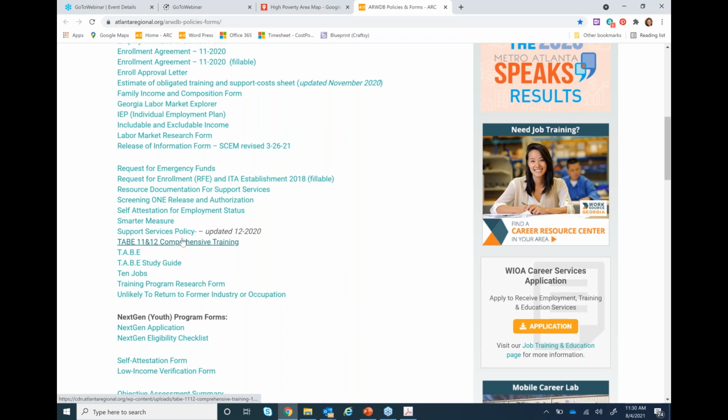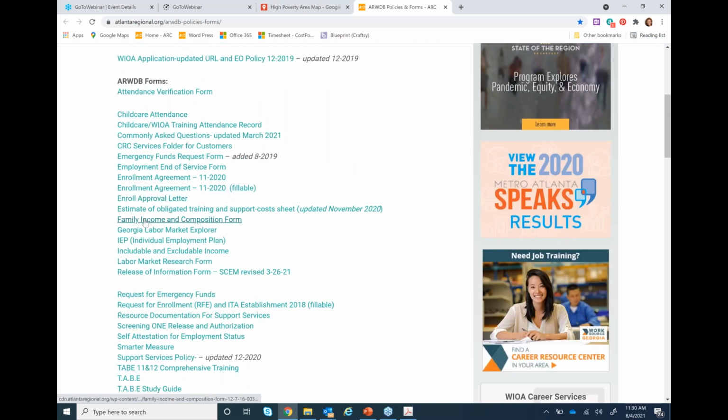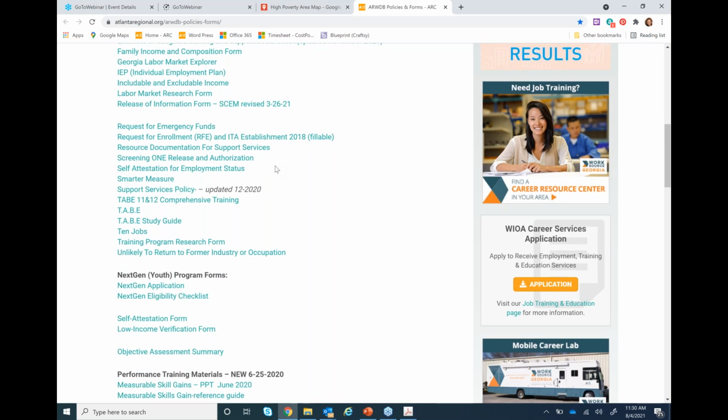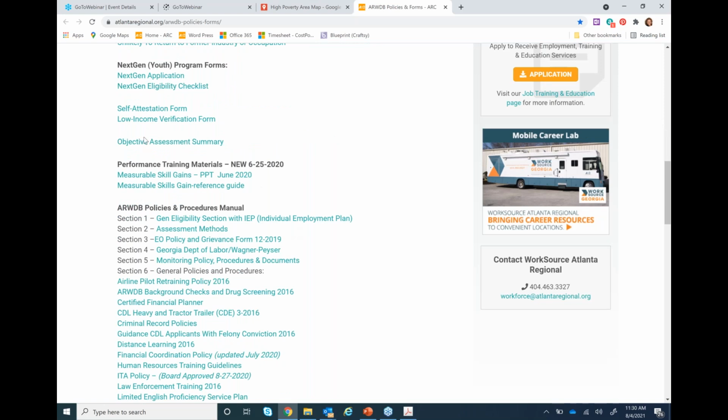So just be mindful that if it's a form that you clicked on, it may not be a Next Gen form. It will say Next Gen on it if it is a Next Gen form, so we don't use those other forms. But any of the guidances here, you could definitely use. And then I have gone ahead and updated some of the latest forms. All these here that you see that say Next Gen forms are new and updated and ready to go. So you can go on this site, you can click on here, you can see the application and see the self-attestation form, low income, and objective summary. All that stuff is there.